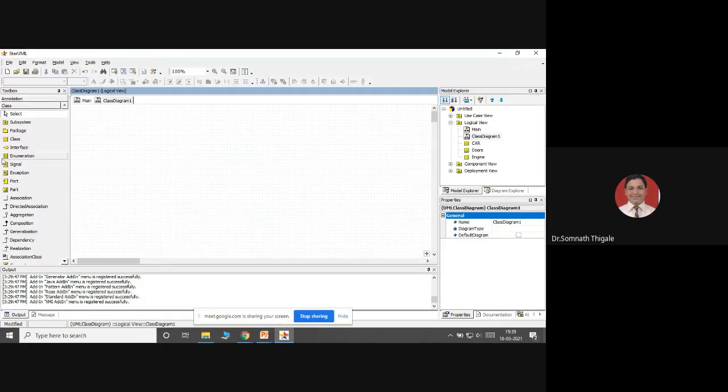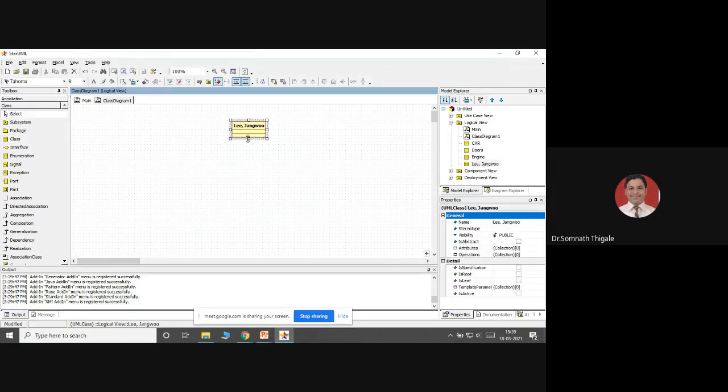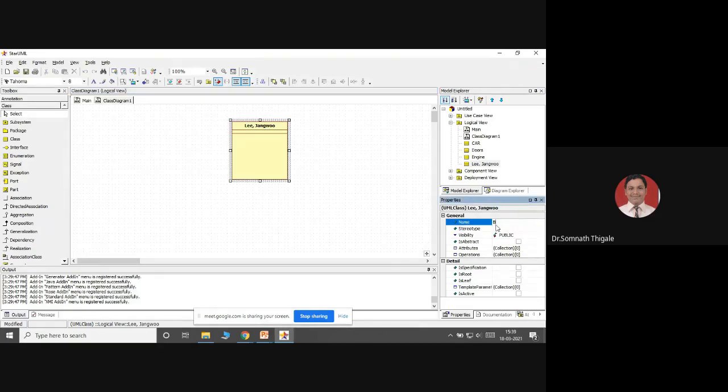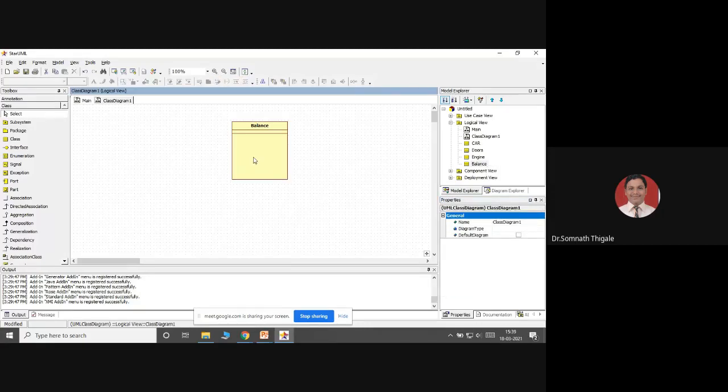One class I'm just representing here, with class name Balance. I just want to represent the balance. I have an account in a bank and I want to know my balance.